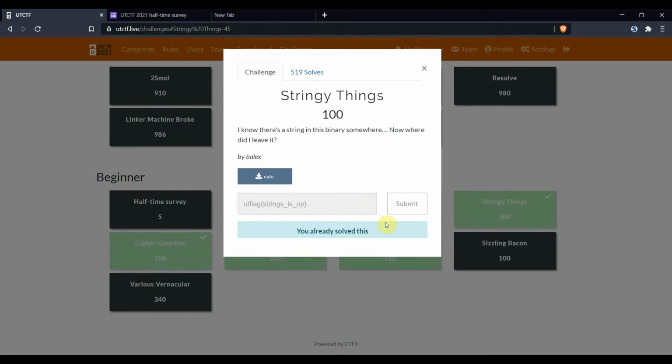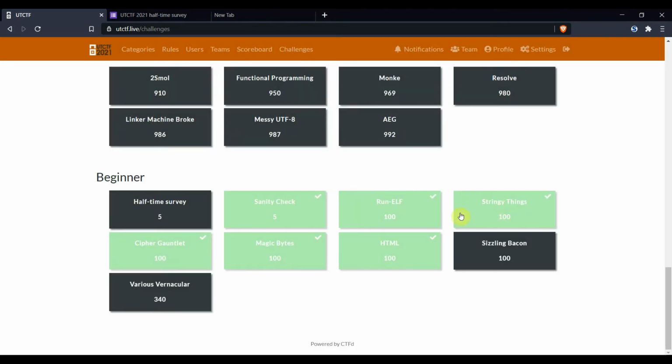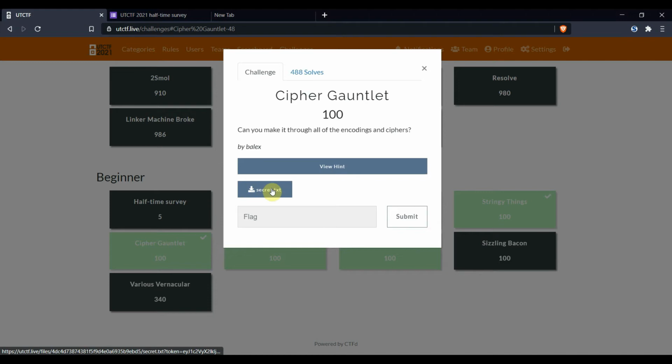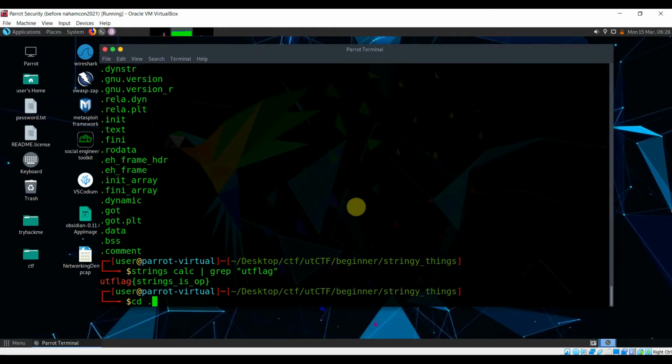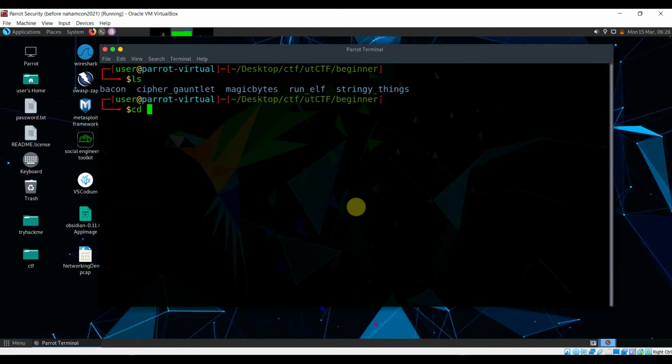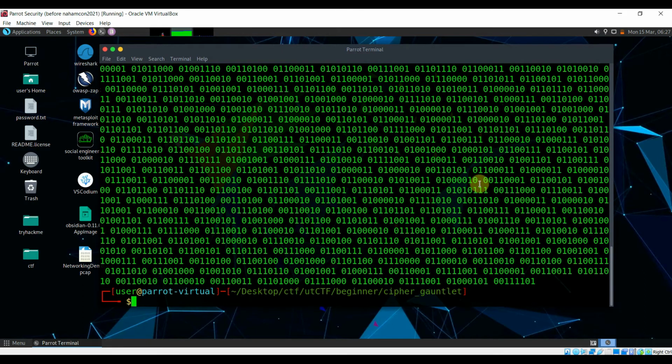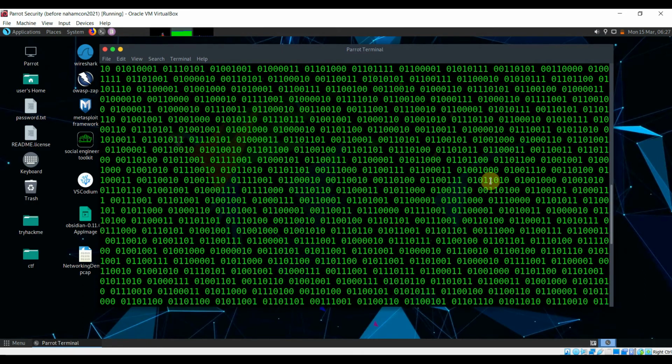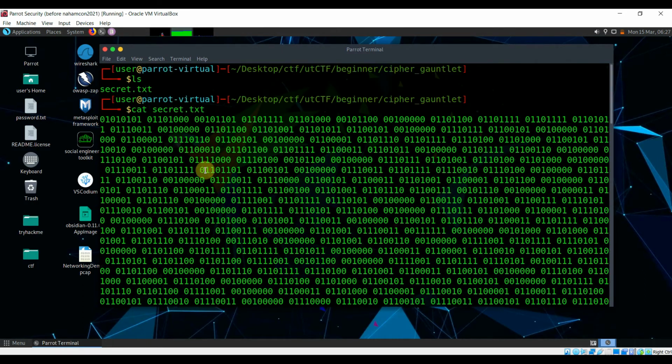All right, then Cipher Gauntlet. Can you make it through all of the encodings and ciphers? We'll just see secret.txt, cd, okay, cat secret.txt, we already have it. And okay, these look like binaries, right? So what we can do is copy paste it